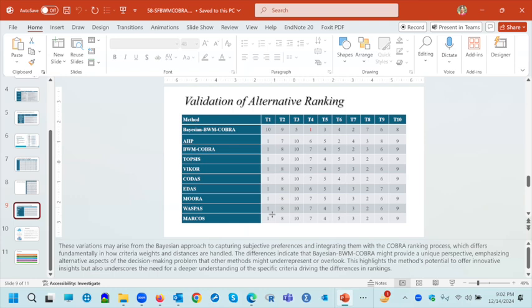BWM COBRA gives T4. So this result is a little controversial, at least. All methods go in one direction, and what can you say about it?